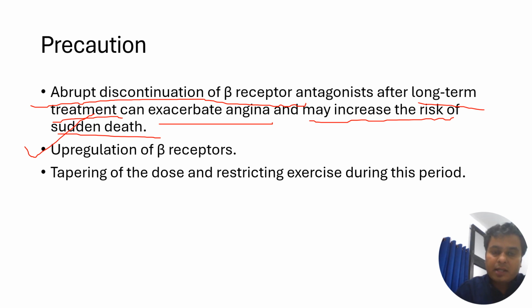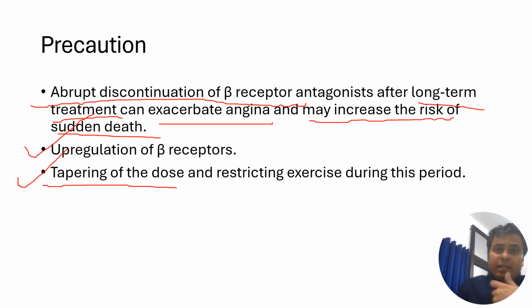to intrinsic catecholamines. So if the patient has angina or some cardiovascular disease, the beta receptors will show an exaggerated response to the intrinsic catecholamines, heart work will increase, and oxygen demand will also increase. So what should be done? The tapering of the dose and restricting exercise during this period. Once you have planned to stop the beta blockers, stop it gradually. The dose should be tapered slowly over the weeks, and exercise restricted during this period, because